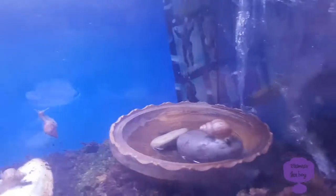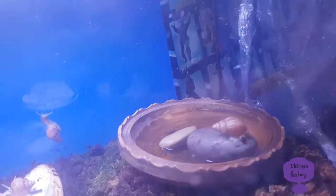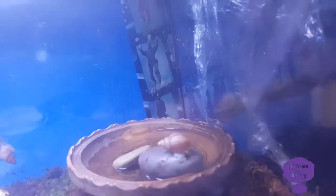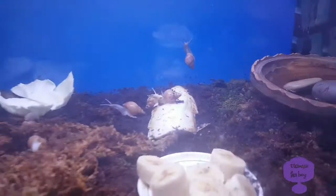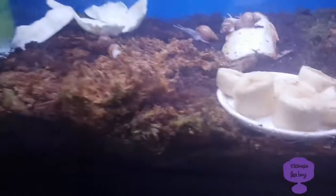But there isn't much water in there at the moment because you need to get spring water from a shop. You can't use tap water because here in England, at least, and in a lot of other places, there's quite a lot of chemicals that prevent limescale and stuff that is used to sort of purify the water, which of course isn't great for the snails. The chemicals can be quite harmful actually, so you have to get spring water, because it's about the only thing that spring water is useful for, to be honest, because it doesn't have any of the nasty chemicals, so it's great for snails. And I do recommend, if you're going to get snails, don't use tap water,